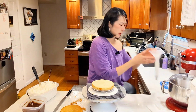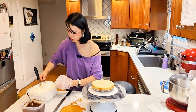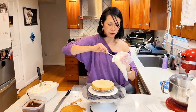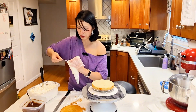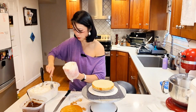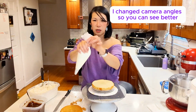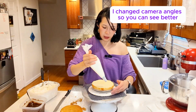And then what I do is I get a piping bag. I will fill it with the buttercream and make a border edge so that any type of filling I have does not ooze out of the side of the cake. So you always want to pipe a ring around the edge of the cake so that you don't have filling or icing coming out of it. I find that it actually helps to do that even with buttercreams, because buttercreams are less likely to ooze out because they're firmer. But it's just a fail-safe way to make sure your filling does not ooze out of the edge. So I get a piping bag, fit it with a normal star tip or circle tip, and then